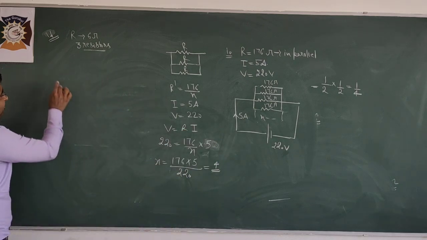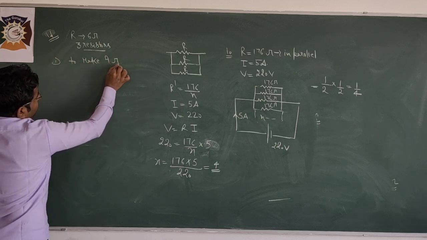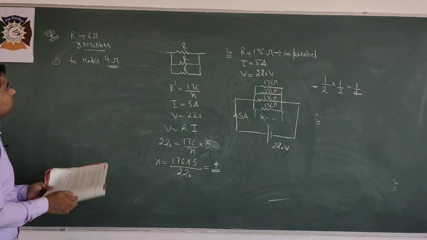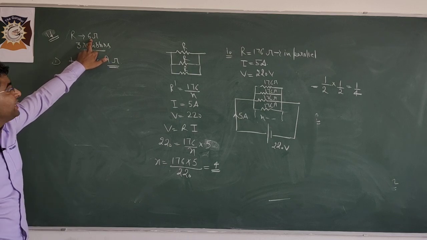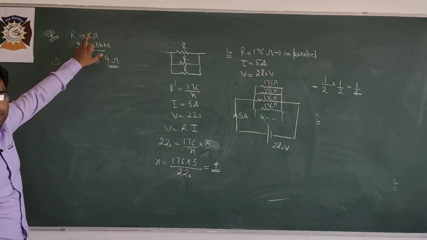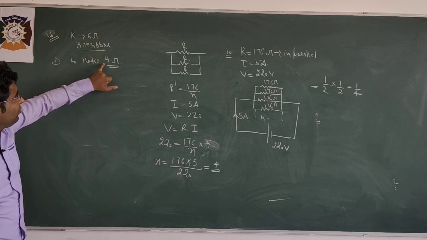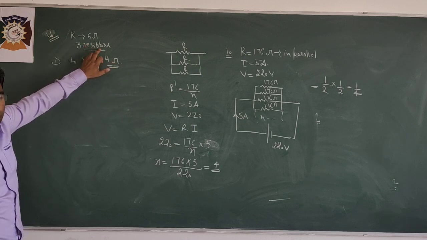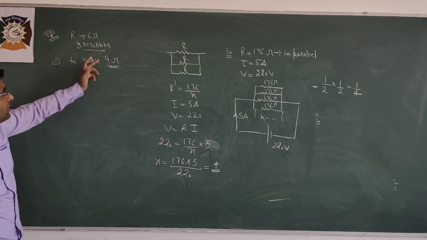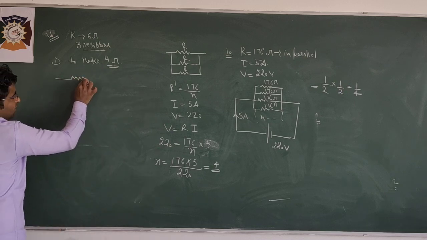Clear? Okay, firstly, to make 9 ohm. Students, you have 3 resistors. If you combine them in series, it will give 18 ohm. If you combine them in parallel, then it will give 6 upon 3, which is 2 ohm. It means for making 9 ohm, we cannot connect the 3 resistors purely in series or purely in parallel. We have to combine the resistors so that they are neither all in series nor all in parallel.